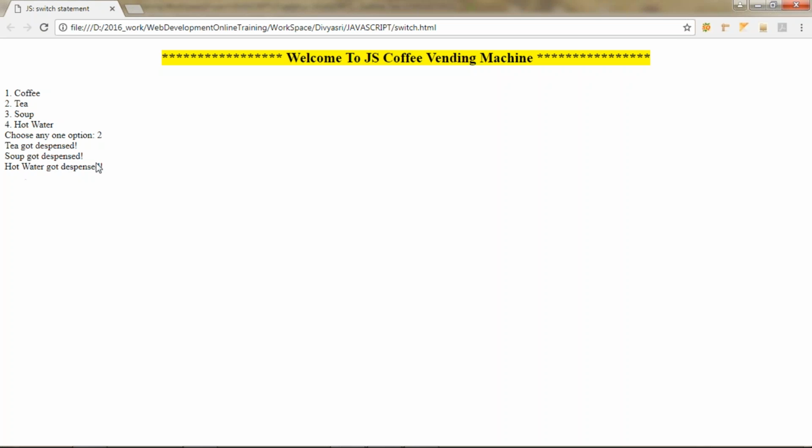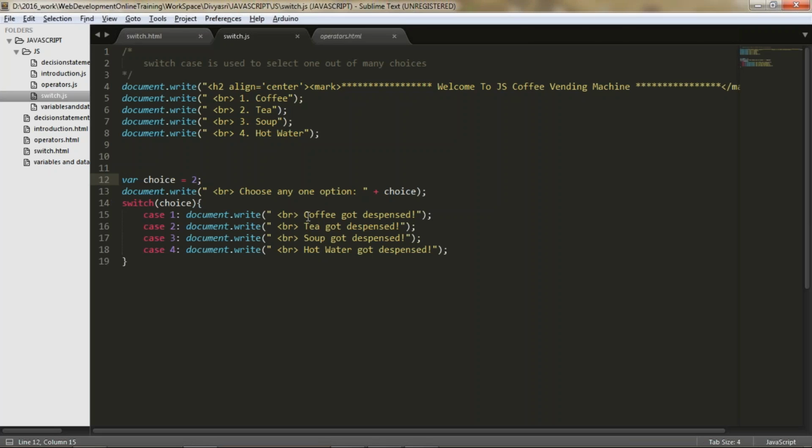Okay, got it. This is not good. Why? Because it will bring a lot of loss to my company. Because my machine is dispensing different kinds of values, even what I haven't chosen here. So this is not good. So what we have to do? The problem with the switch case is